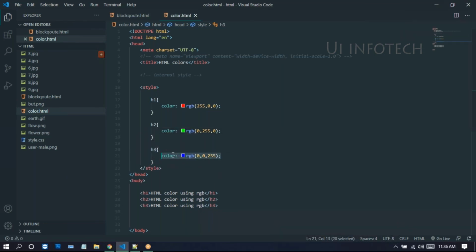Now we can run this. Look at this: red, green, blue. Like this we can apply red, green, blue here.